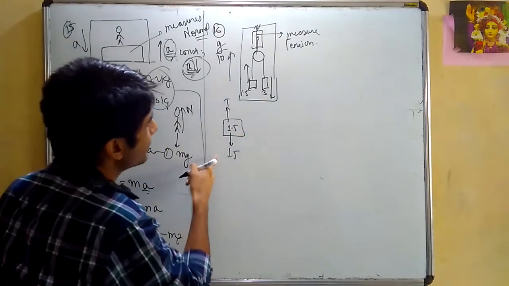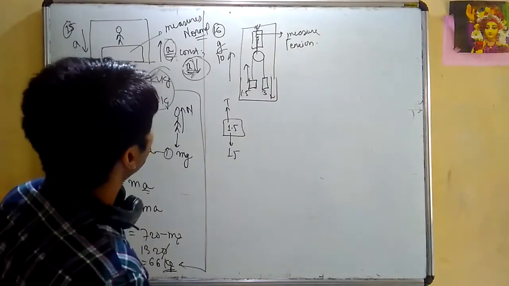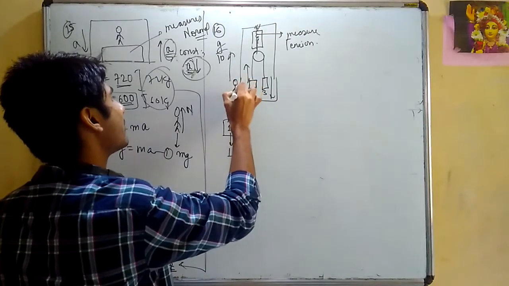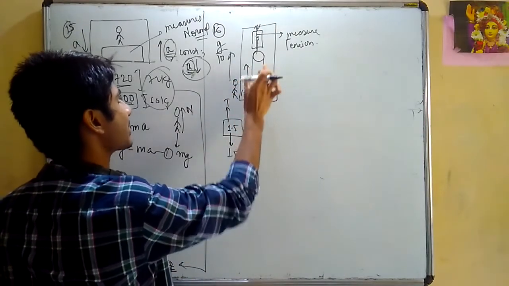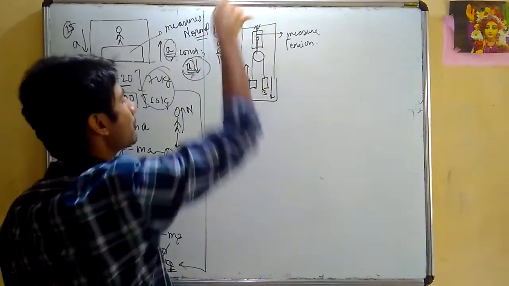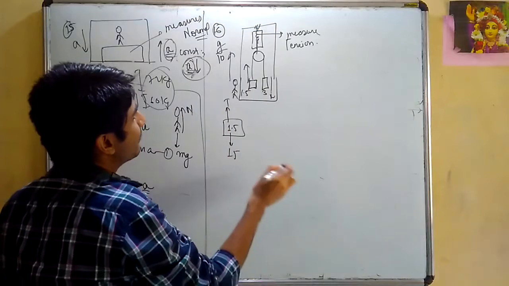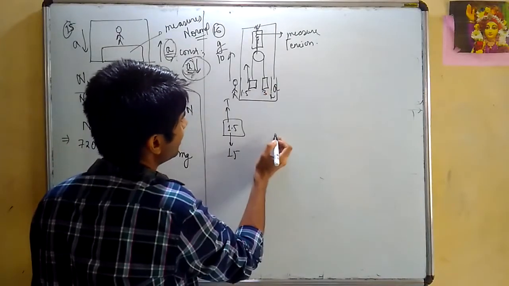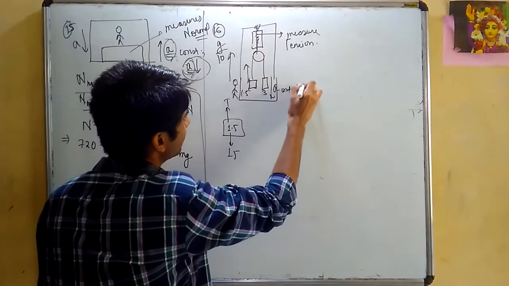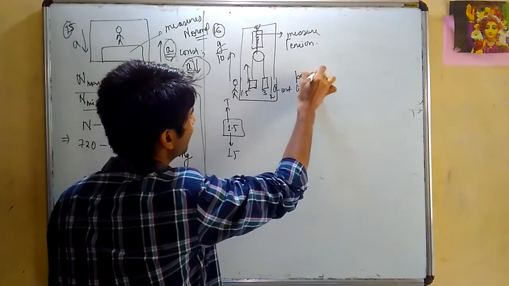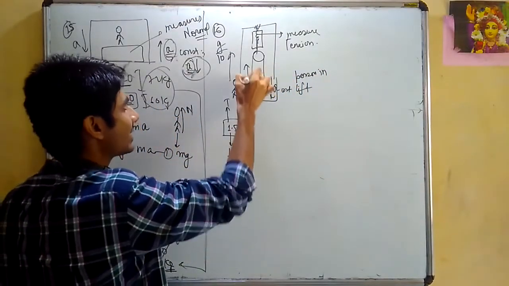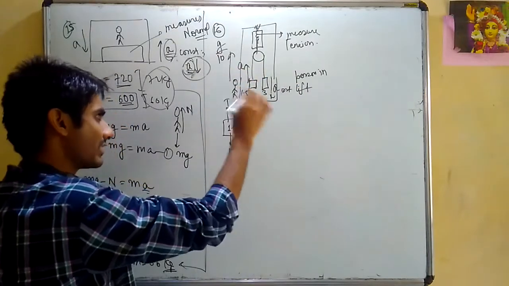Can I write the equation for this? One thing, be very careful. If you go inside the lift, certainly you will see motion in this direction. This is going up and this is going down. But the lift is itself going up with g by 10. Therefore, I have to assume that this is going down with an acceleration a with respect to the person inside the lift, and this is going up with an acceleration a with respect to the person inside the lift.